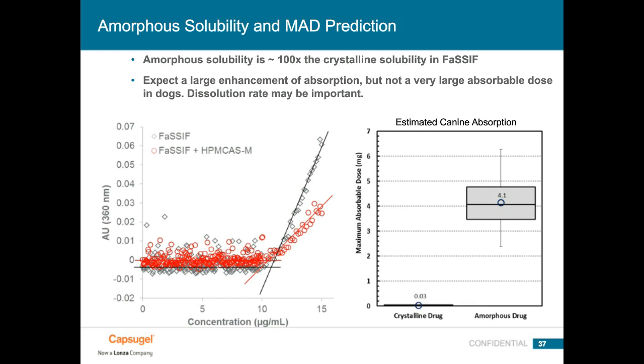And in fact, the commercial product for Itraconazole is called Sporanox, and it's an amorphous spray-layered dispersion of Itraconazole with HPMC that gives reasonably good bioavailability. But we wanted to see if we could improve on Sporanox with a different amorphous formulation, and how we might test that in vitro.